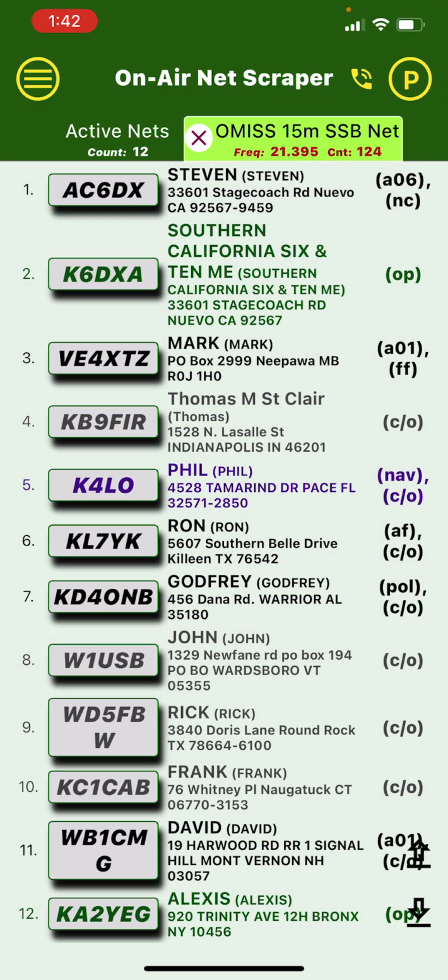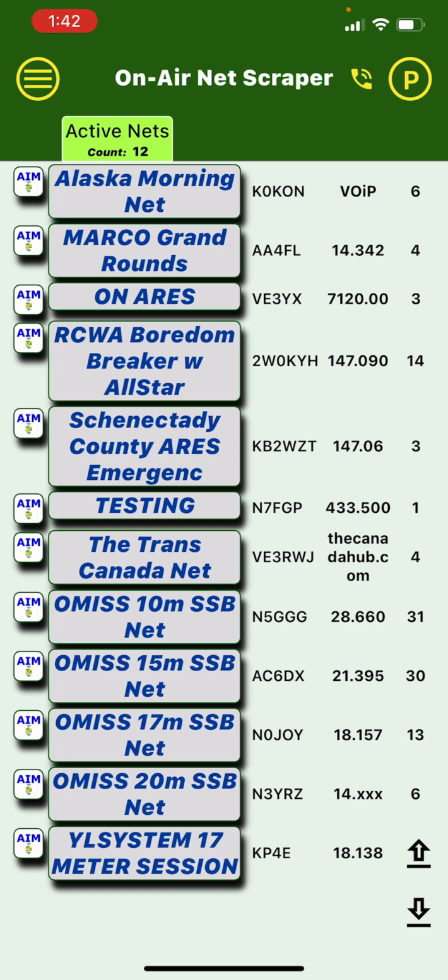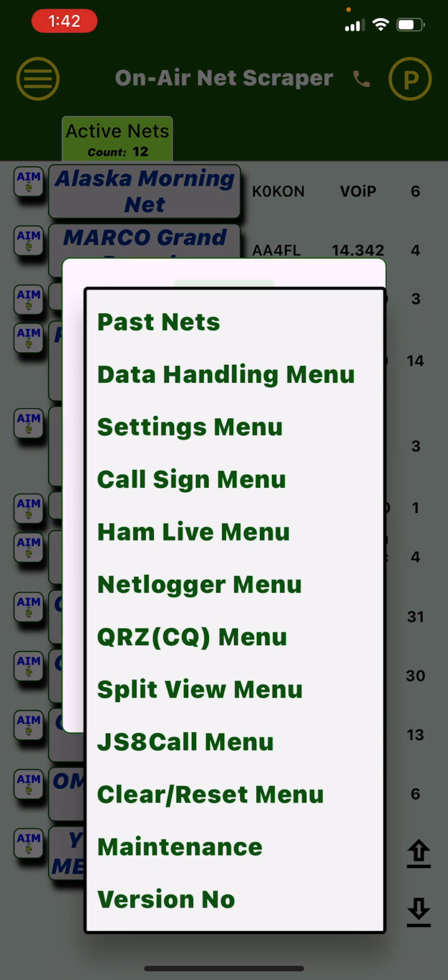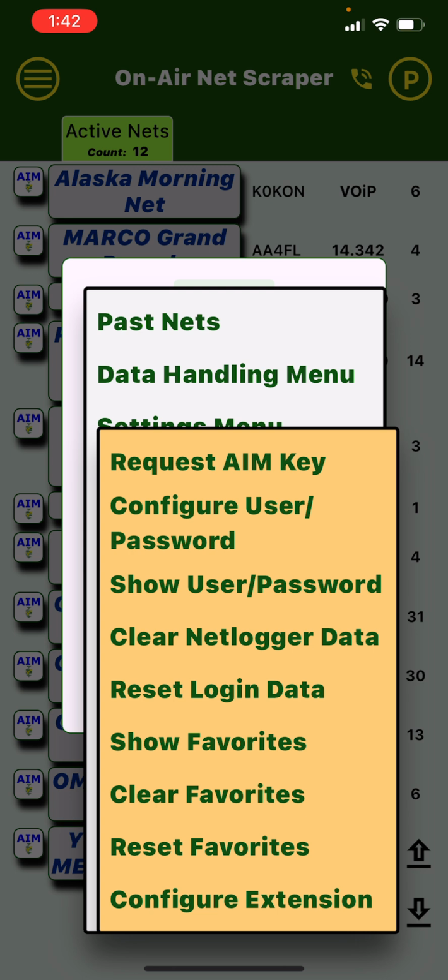And another feature that we'll go over is we'll go back to the home page. If we want to obtain a key because we don't have an AIM key, this is the key I'm talking about. The AIM key allows you to actively join an AIM session. You would go down to the NetLogger menu, click on it,